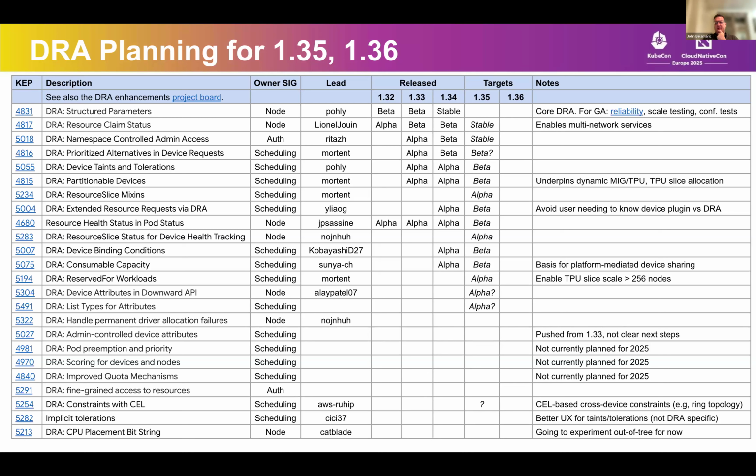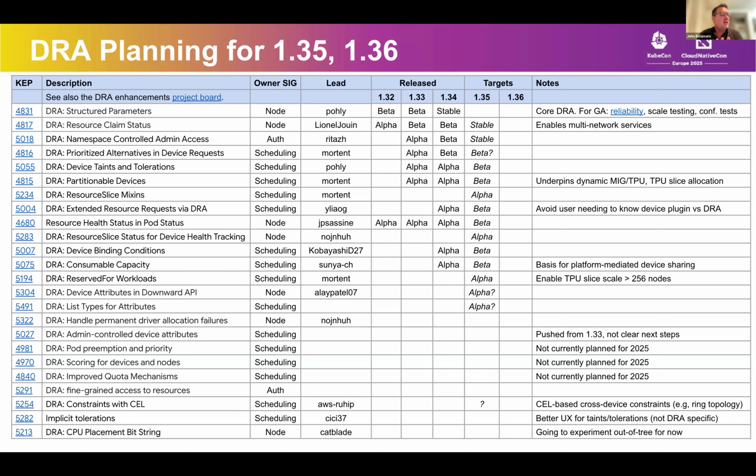Mixins. I'm proposing alpha here. There's a kind of a big change I want to make here. I'm not sure on the priority. The way mixins work today is you publish... Oh, this is for partitionable too. This would be one thing that might make partitionable have to stay in alpha. So maybe people will disagree with the importance of this, but